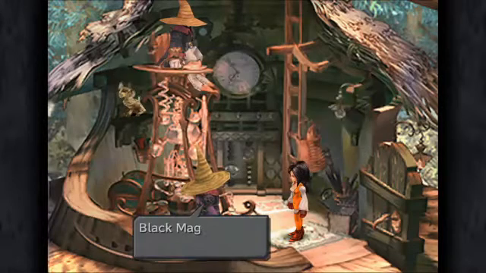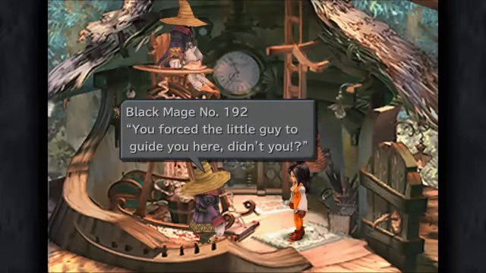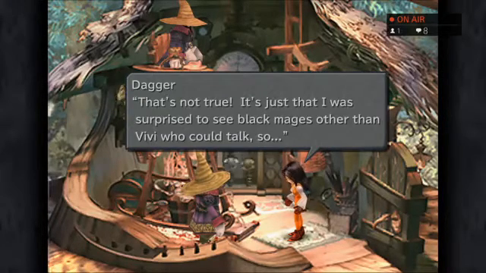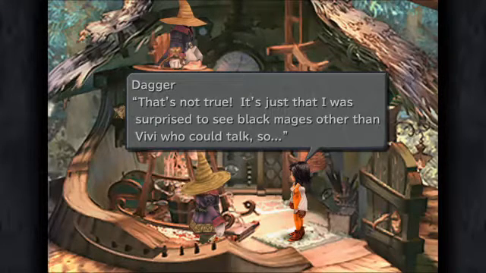Never mind. Why are you here? Excuse me. This is our village. Yeah. You forced the little guy to guide you here, didn't you? That's all you humans ever think about, using us. You mean about Vivi? That's not true. It's just that I was surprised to see black mages other than Vivi who could talk, so...